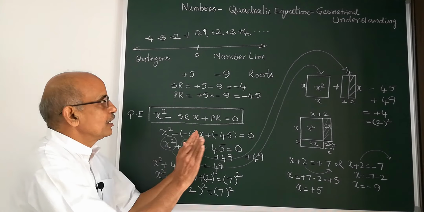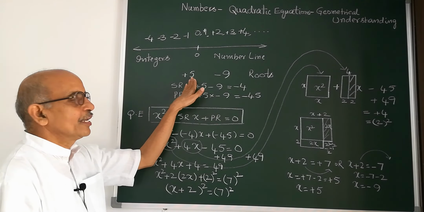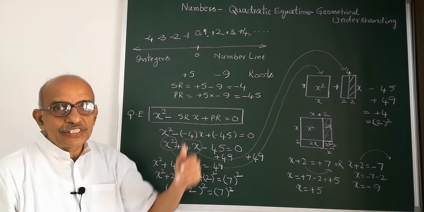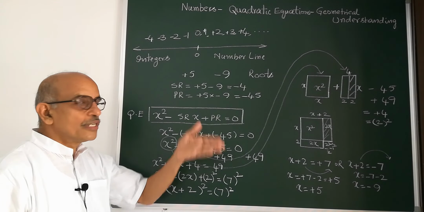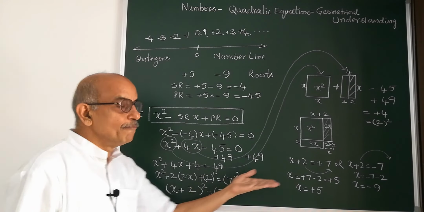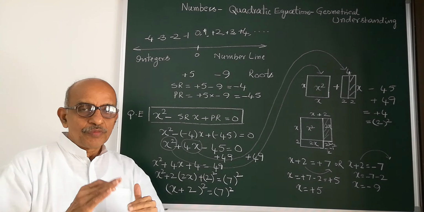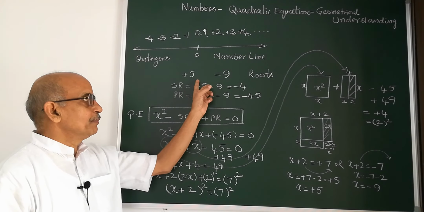Now the same thing you can do by changing the numbers. Instead of plus 5, you take plus 3. Instead of minus 9, you take minus 8. Any numbers of your choice you can take and do the same thing. Like that, practice 4-5 examples. In the next video, I will show by taking opposite numbers.